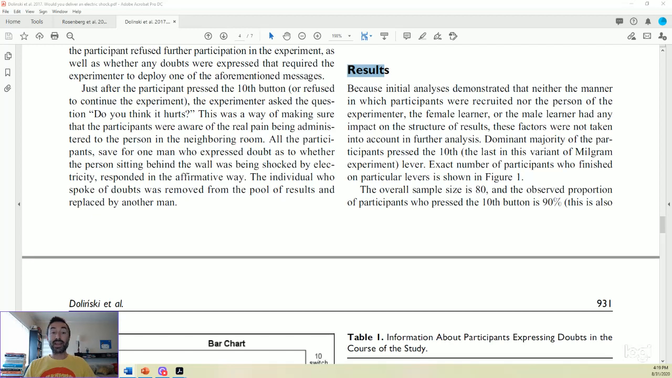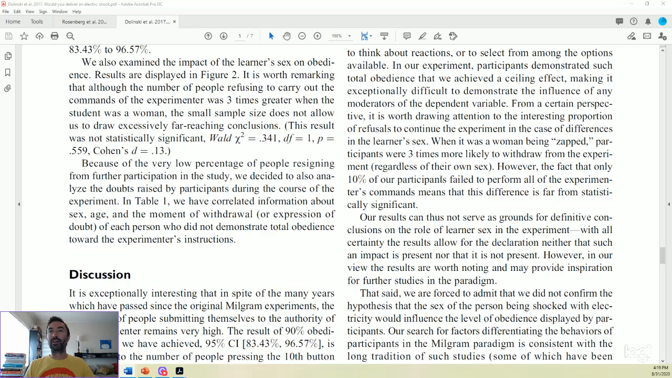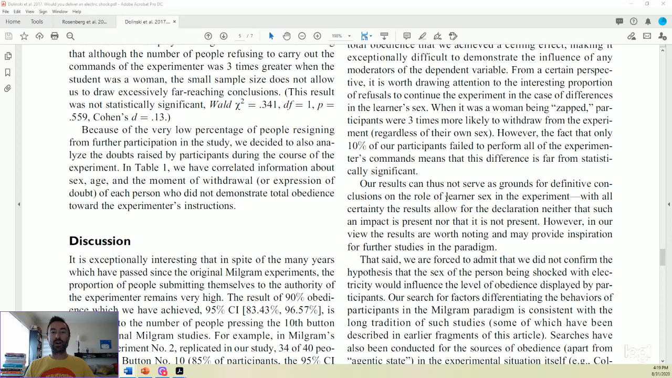The age of the authority figure, they said, did not affect obedience. I thought that participants might be more likely to listen to an older man, but it seems that they listened to the younger one just as often, so age was not a factor. And look, the sex of the learner did not matter either. On page 931, the second paragraph, we also examined,